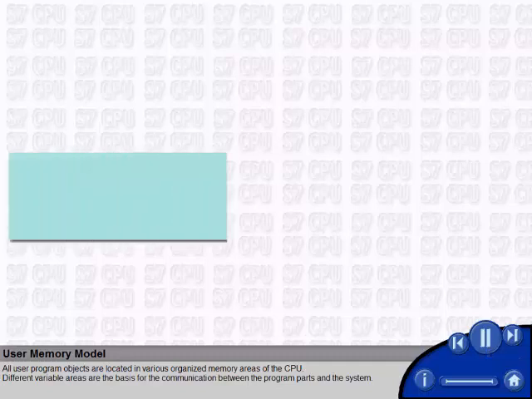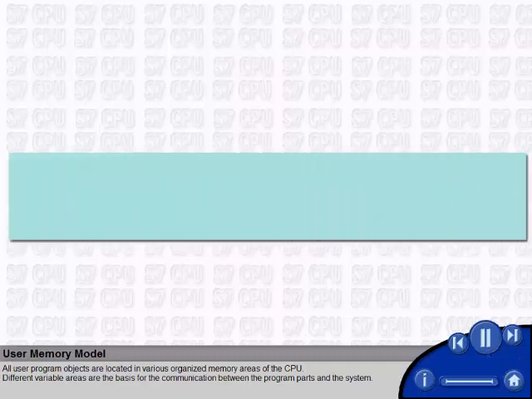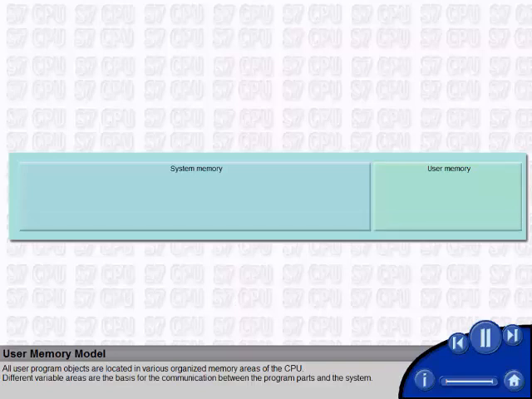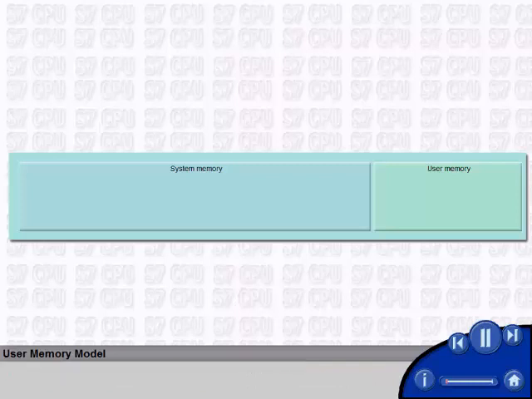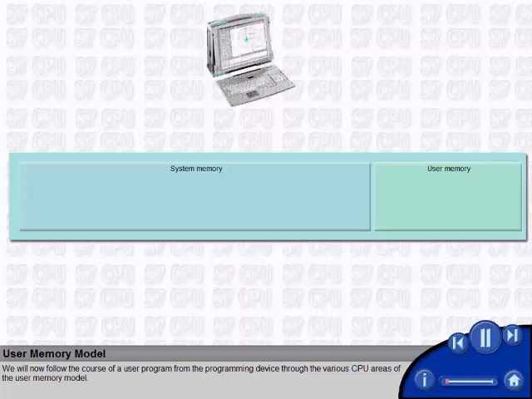All user program objects are located in various organized memory areas of the CPU. Different variable areas are the basis for the communication between the program parts and the system. We will now follow the course of a user program from the programming device through the various CPU areas of